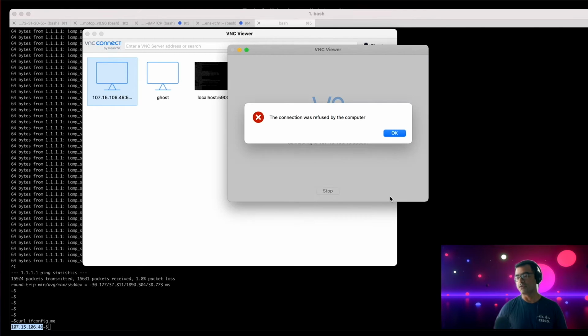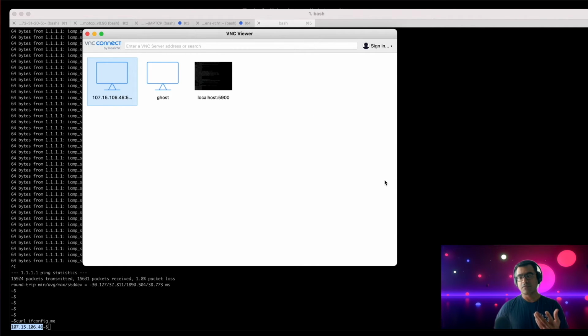Okay. Connection refused. Connection refused because that port is not open, right? So it depends how your router is configured in your home. 5900 is not open by default, right? Most routers only allow port 80 or 443 just to secure your home or secure different applications. But if you know that yes, I have a legitimate server sitting behind my network and listening on this port, and you have a legit use case to connect to that over the internet,